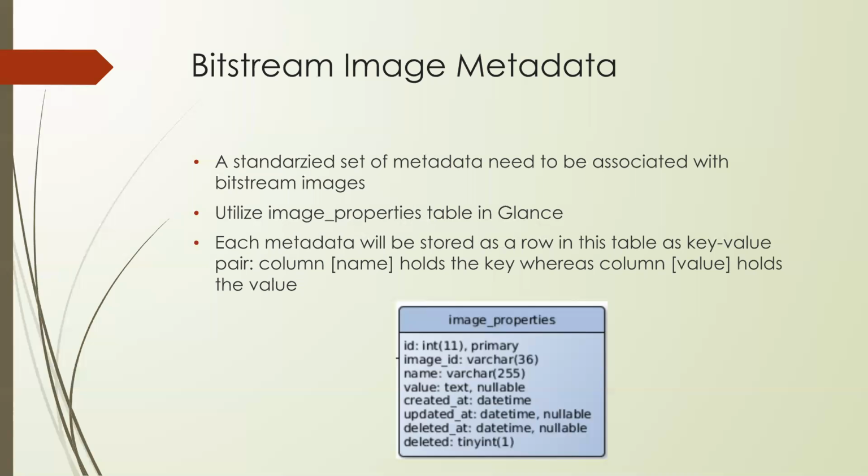No. So we don't want to add things to Glance, right? The image metadata needs to say which device type it's compatible with. Yeah, but we don't want to touch the schema of the table. We add rows to this table. That's fine. Yeah, we can add more. That's what I'm saying, right? Add more properties. Right. That's right. Okay. I thought you were saying we want to change the schema of this table. No, we don't want to touch that.